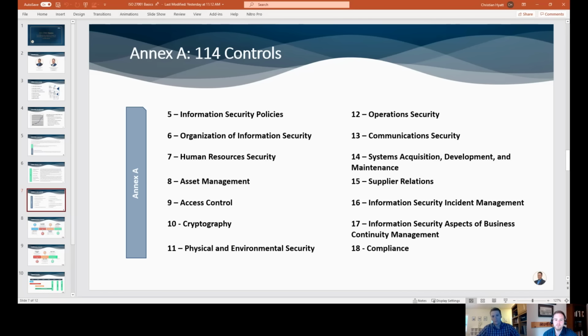Yeah, absolutely. 11, physical and environmental security. So a lot of my clients that are working in the cloud, such as AWS or Azure, a fair amount of the controls from Section 11 are essentially the responsibility of that cloud hosting provider.